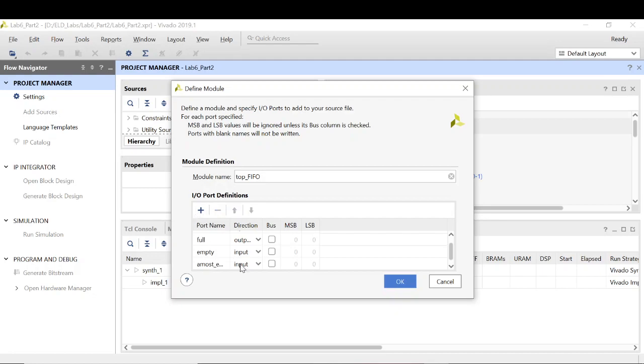Almost empty. Almost full. Then we have data count, and finally the D out.